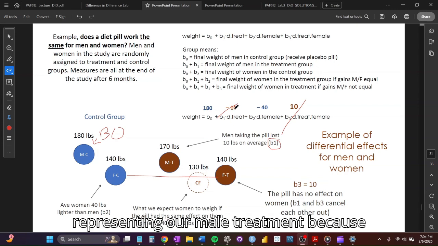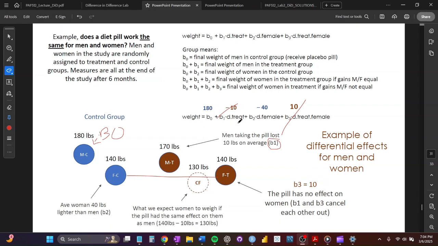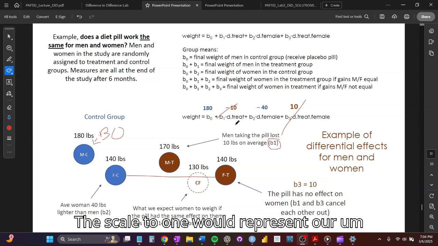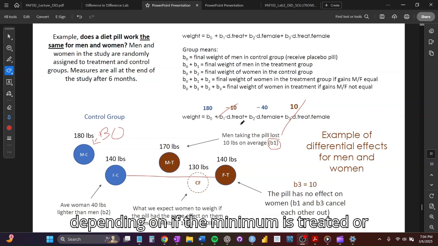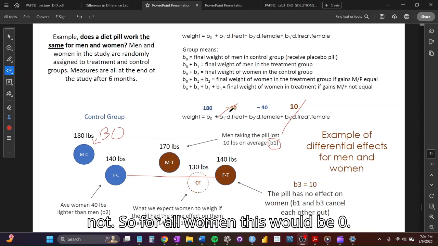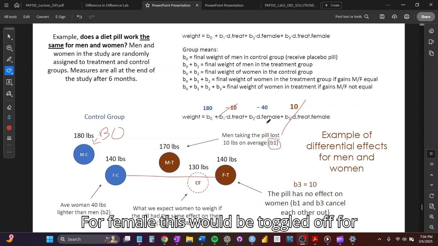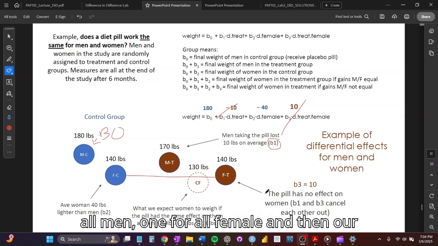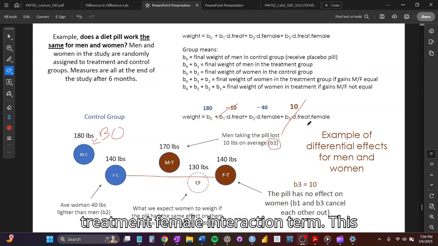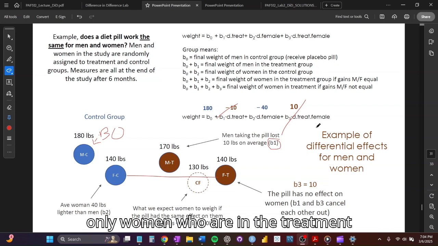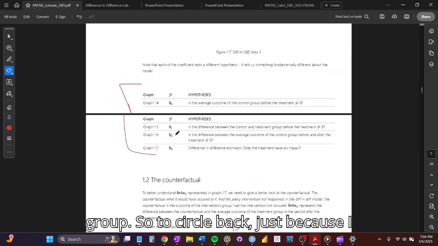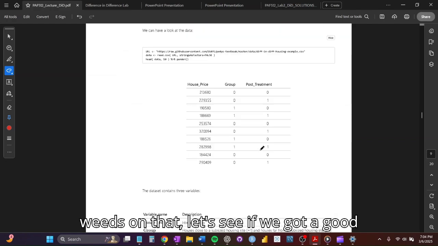This would be representing our male treatment because our intercept is the male control group. This beta 1 would represent our male treatment group, so 1 or 0, depending on if the men are treated or not. So for all women, this would be 0. For female, this would be toggled off for all men, 1 for all female. And then our treatment female interaction term, this is referring to only women who are in the treatment group. So to circle back, just because I don't want anybody getting lost in the weeds on that,